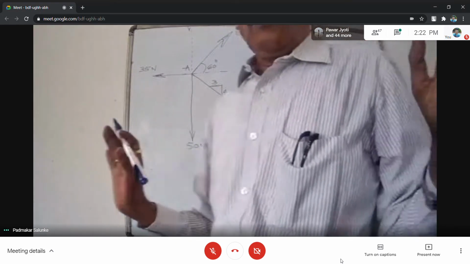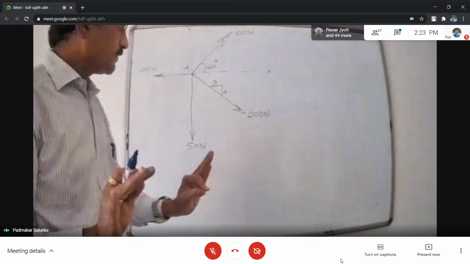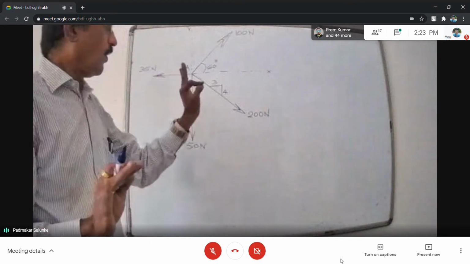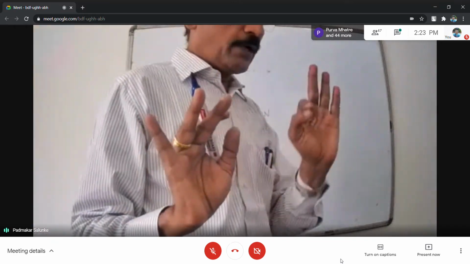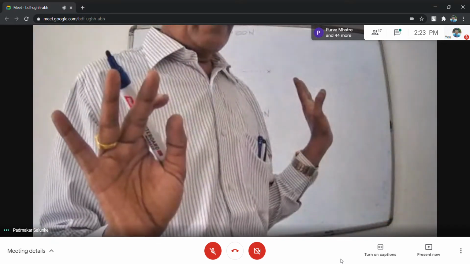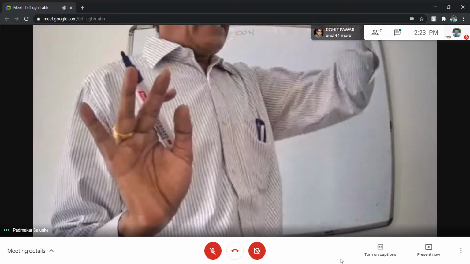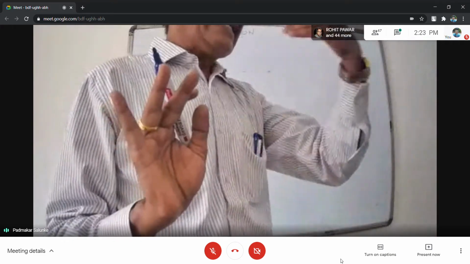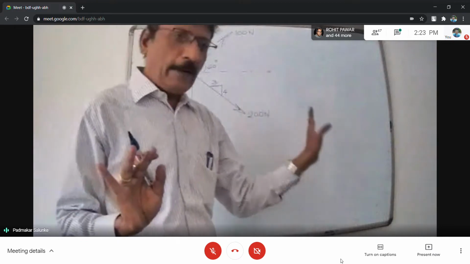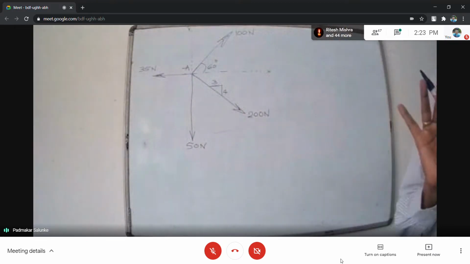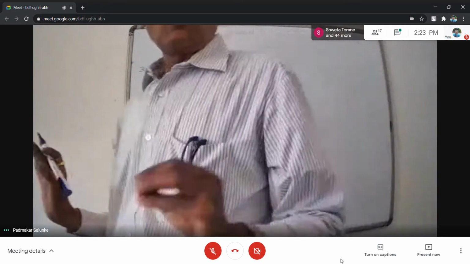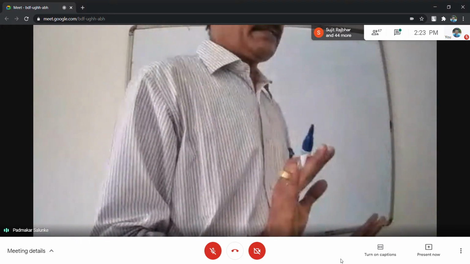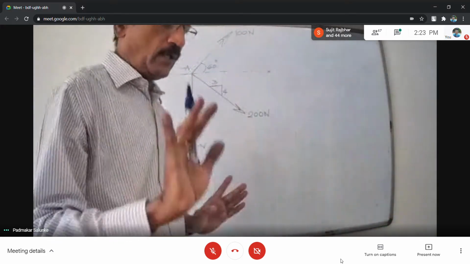What is the first step? Our first step is to resolve all forces into their x as well as y components. This work you have to do directly, in the language in which you understand it. What I am doing is immaterial. Accordingly, sketches you have to draw as you understand. Since this is a starting problem, I will go very systematically and explain.